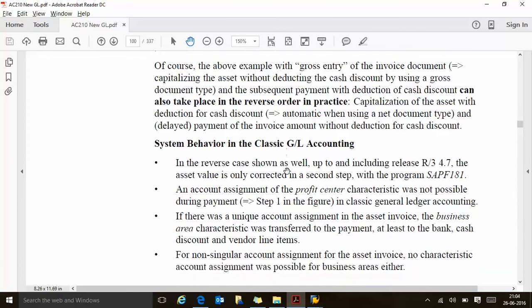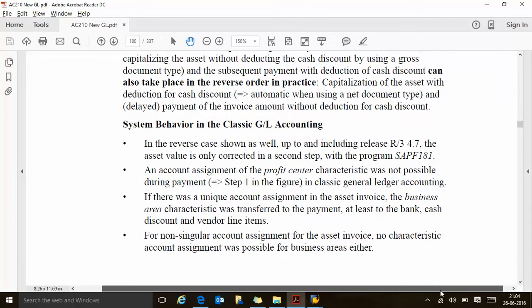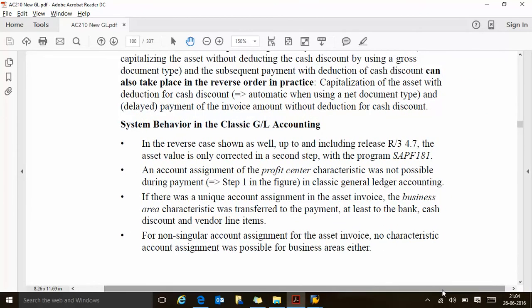So what was happening in classic GL? System behavior in classic GL. In the reverse case shown as well, up to and including 4.7, the asset value is corrected in the second step with the program SAP F181. An account assignment of the profit center characteristic was not possible during payment in classic GL. So in classic GL it was a two-step process, and at the second step itself there was no possibility of